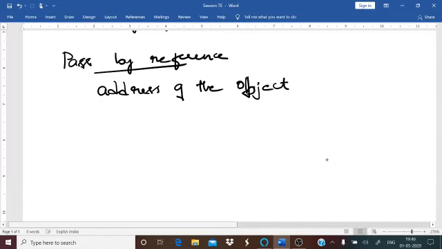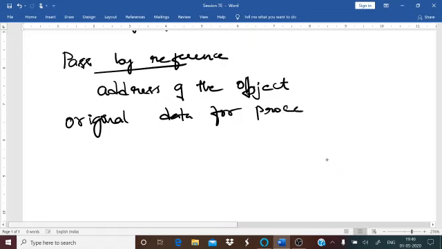The initial address of an object is passed to your function and all the data members are stored in continuous memory locations. Therefore, a function will use the original data for processing. So whatever changes you make will be reflected in the original values also.